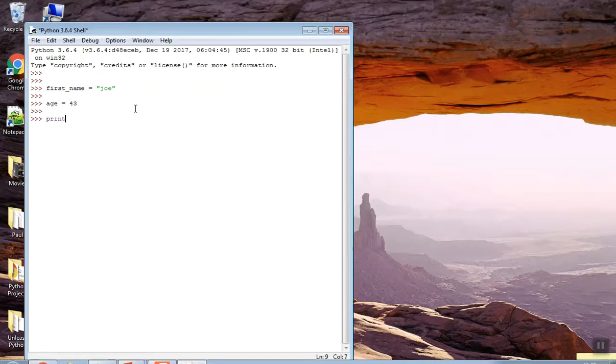Now if I print first name, I get Joe back to the screen. As I said in an earlier video, print is a function in Python. The data has to be contained within the parentheses. And print age